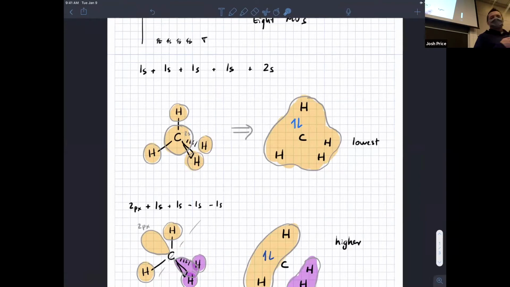Okay. So let's talk resonance. Resonance is a valence bond theory concept, and it comes because of the discovery that some molecules have multiple possible Lewis structures. So